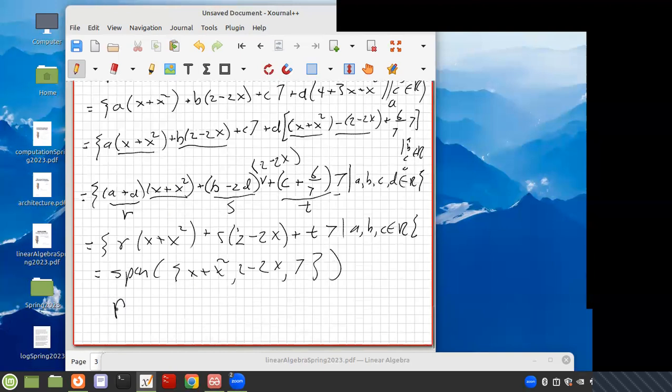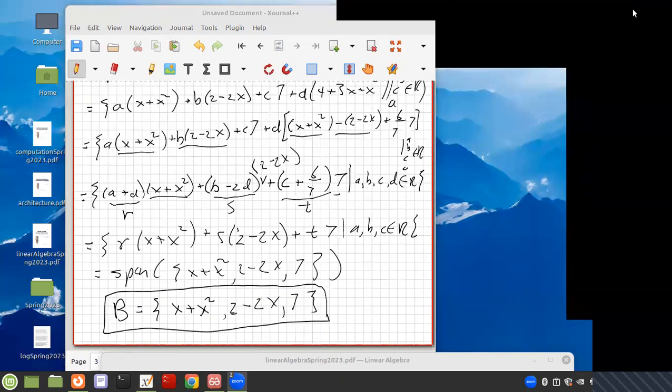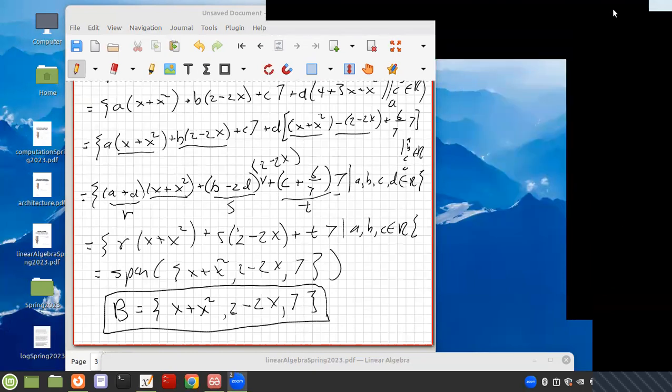So your basis is, or a basis is, x plus x squared, 2 minus 2x, and 7. Okay, so that is an answer. In principle, I think you could probably take any 3 of the original ones. Okay, well, that's a lot of work for, oh, what did I want? I want that, but I want